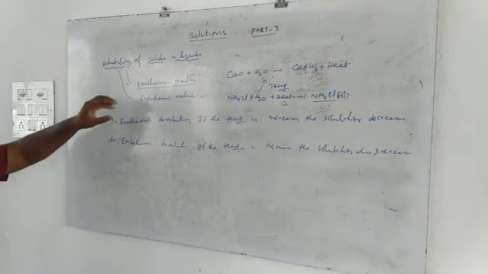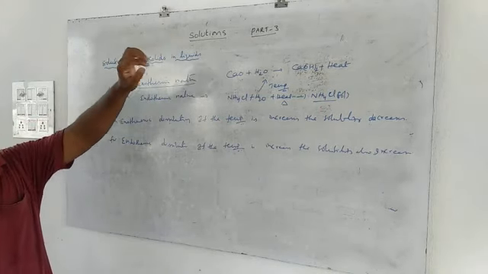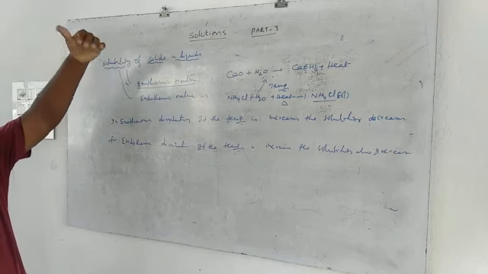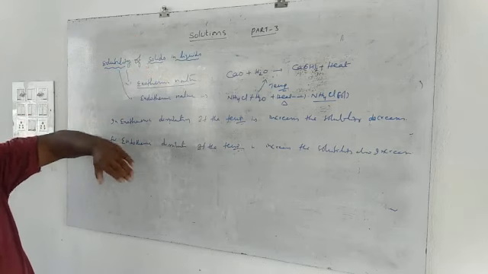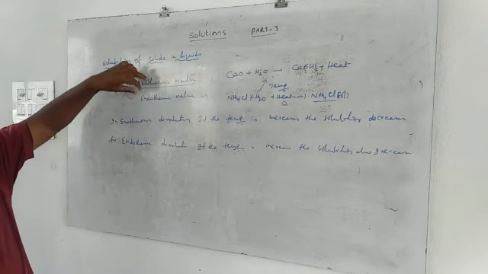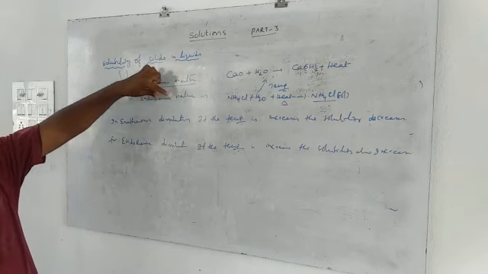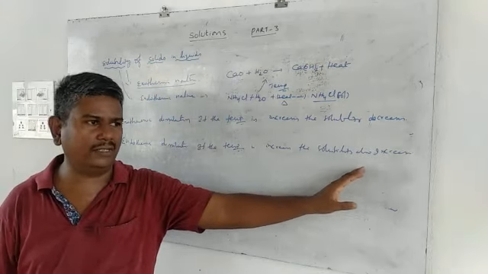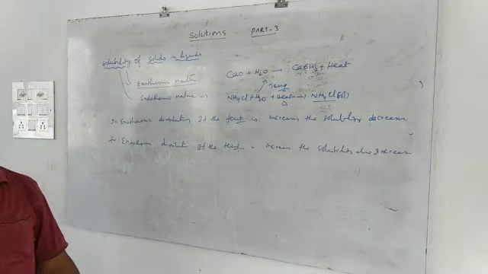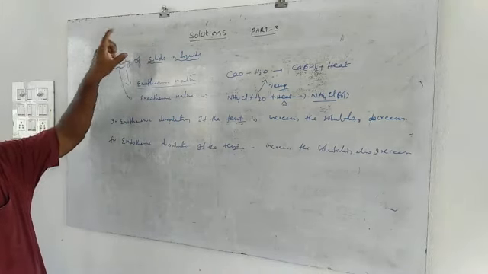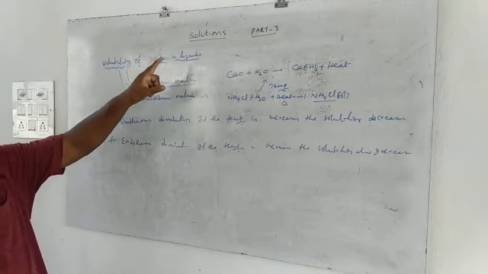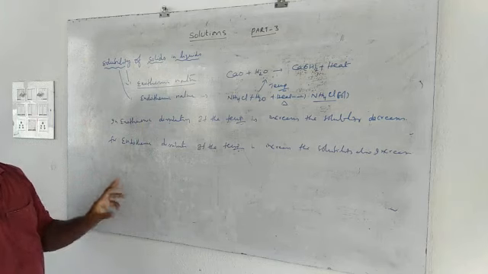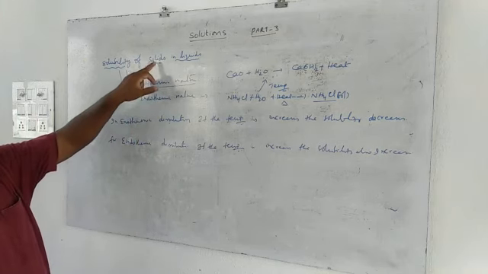That means in case of solids in liquids, if the dissolution process is exothermic, then as the temperature increases, the solubility decreases. Whereas if the dissolution is endothermic in nature, then if we increase the temperature, the solubility of the solid in liquid increases. That means the temperature will affect the solubility of solids in liquids. Clear? Okay. So now the solubility of gases in liquids.